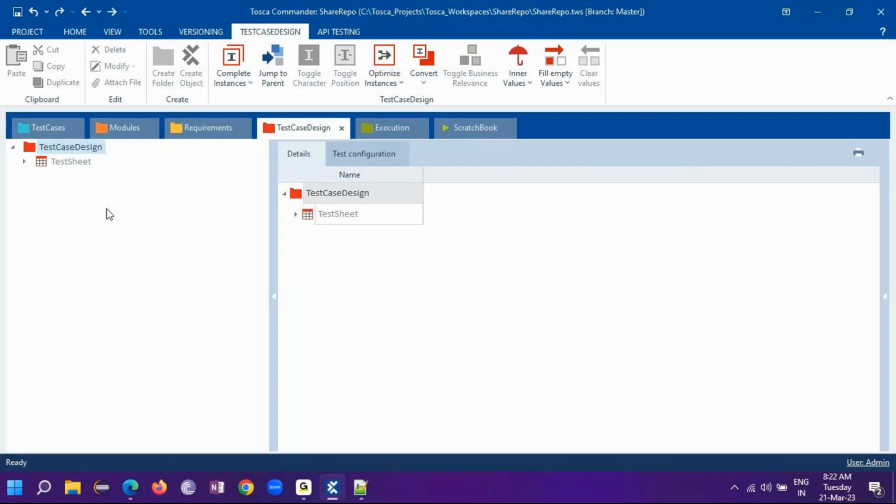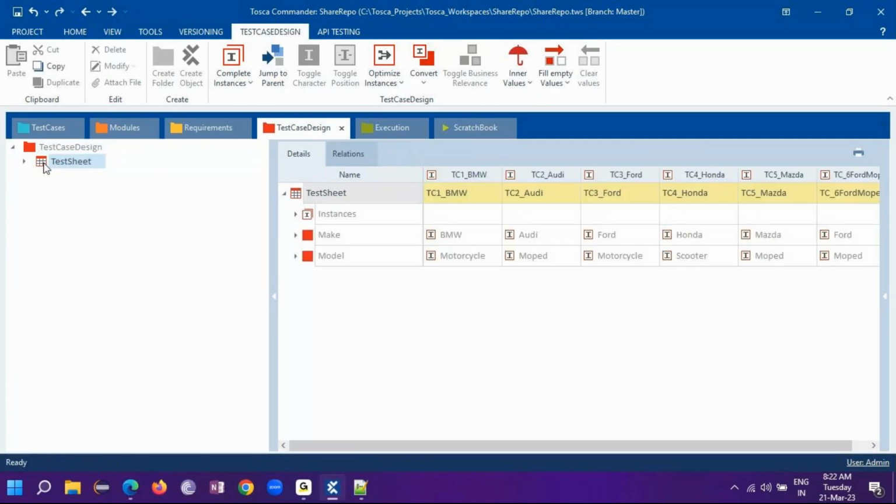If you want to pass your data, you can use this test sheet, which will help you pass the data from Tosca itself. You don't have to go for Excel and all. Okay, that takes much more time for processing. So it will be easy for you to pass the data through the test sheet,